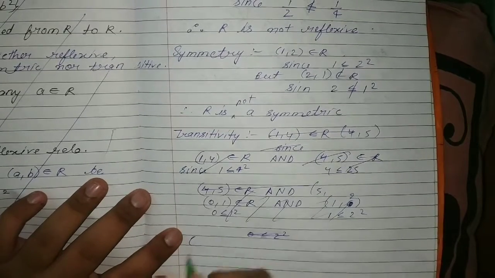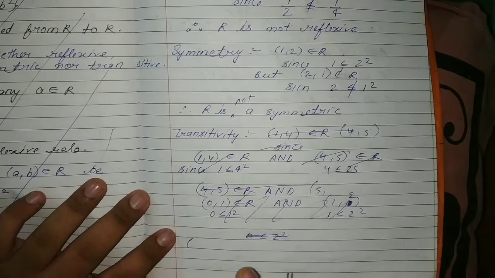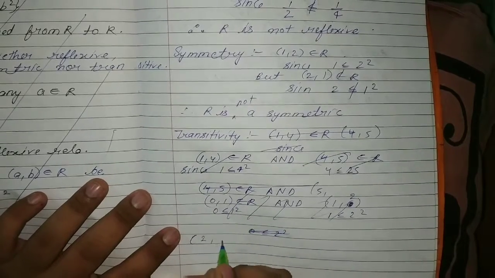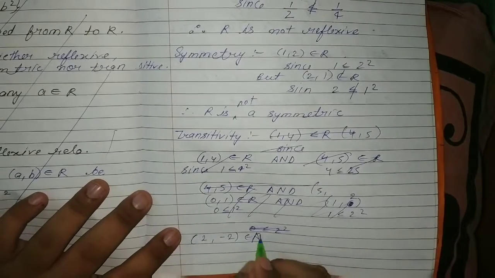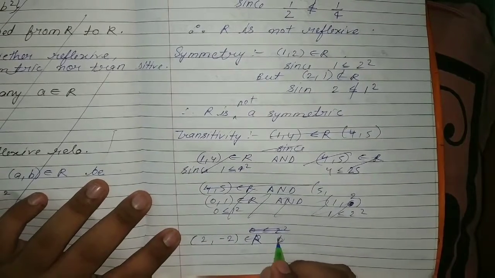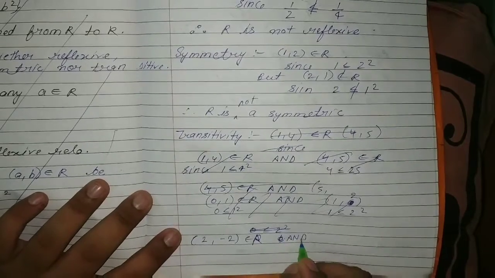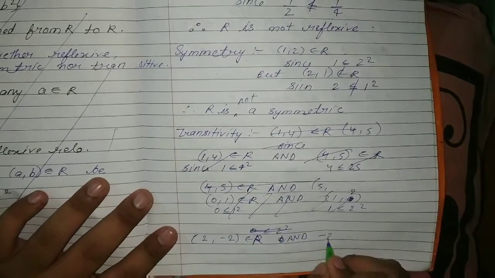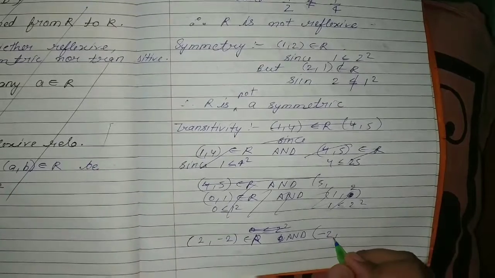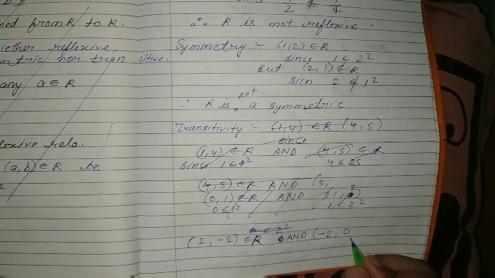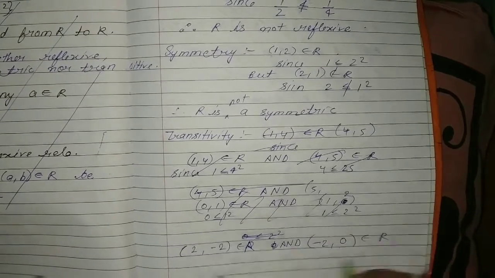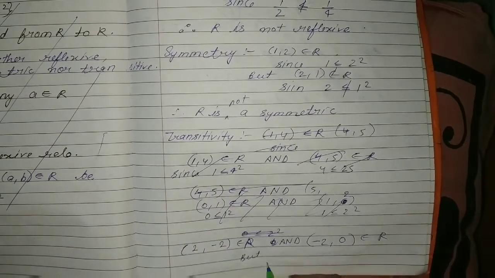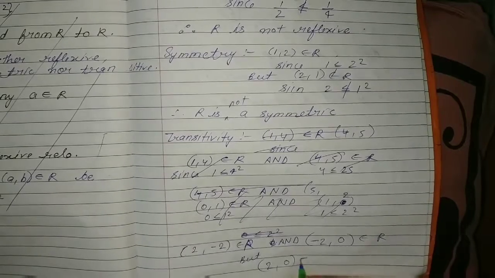So guys, in examination you will have to remember some question solutions: (2, -2) belongs to capital R, and (-2, 0) belongs to R, but we can say that (2, 0) does not belong to R